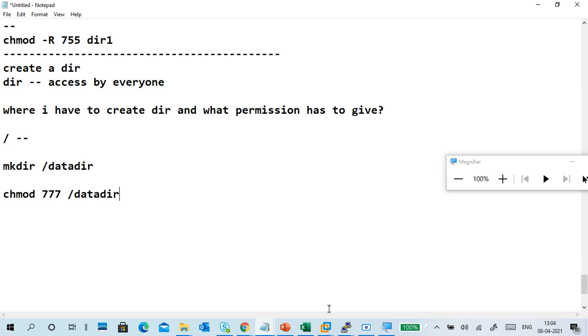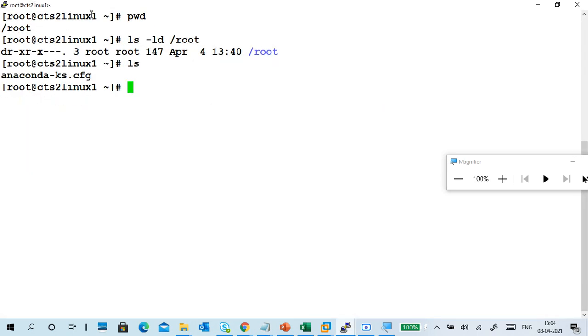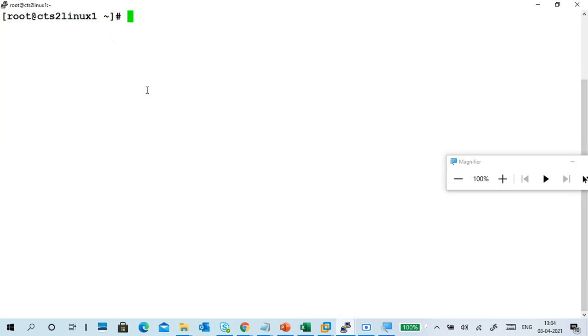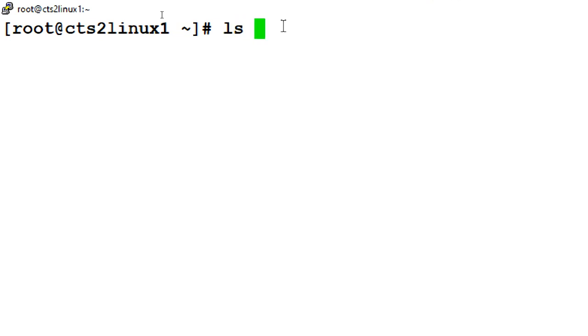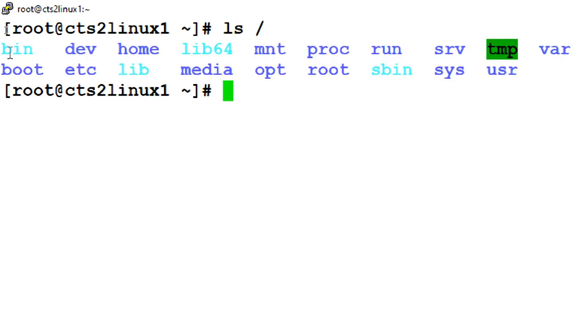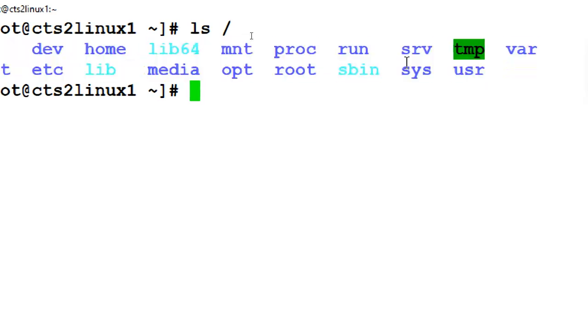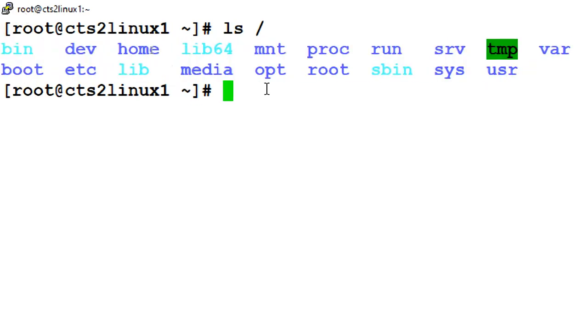Let's see how to create it. I'm using root, so root has no problem. ls space slash: these are the directories already existing by default.